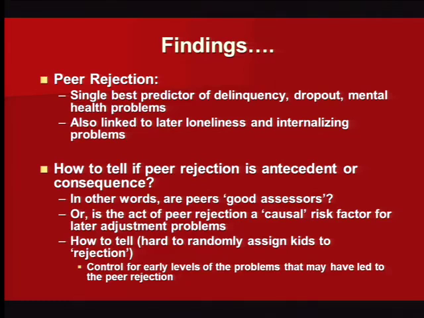Yeah, so let's look developmentally. 2nd and 3rd grade is when you do these assessments. But you'd like to know if peer rejection at that age predicts outcomes in middle school and high school. Logistically, it's hard to do sociometrics in high school because you've got to go to 9 different classes. It's very hard to get approval to do it. It does seem to be a pretty stable factor. Question here.